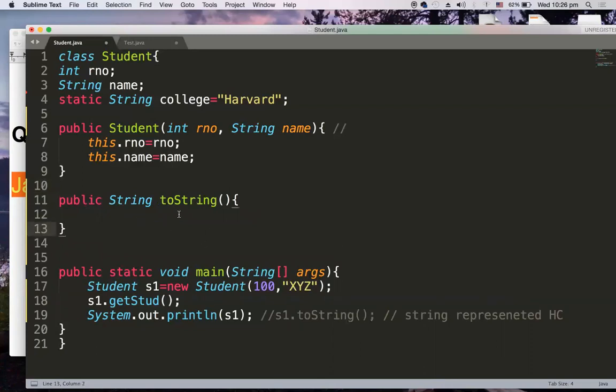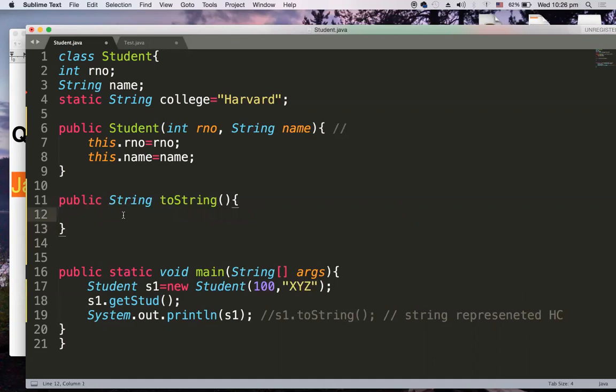Okay, so now I am overriding this toString method. The toString method actually gives me a string-represented hash code, but I am overriding it. That means I am redefining its behavior to print student values.